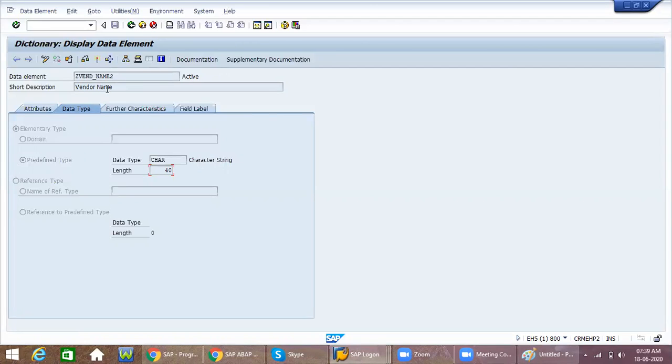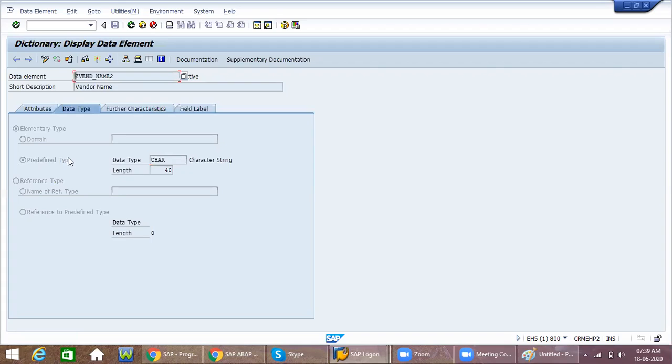But for this data element, I want to provide some fixed values. In this case, the predefined type is not suitable. Which data elements require fixed values and which do not, we don't know. As per the requirement, we have to decide.